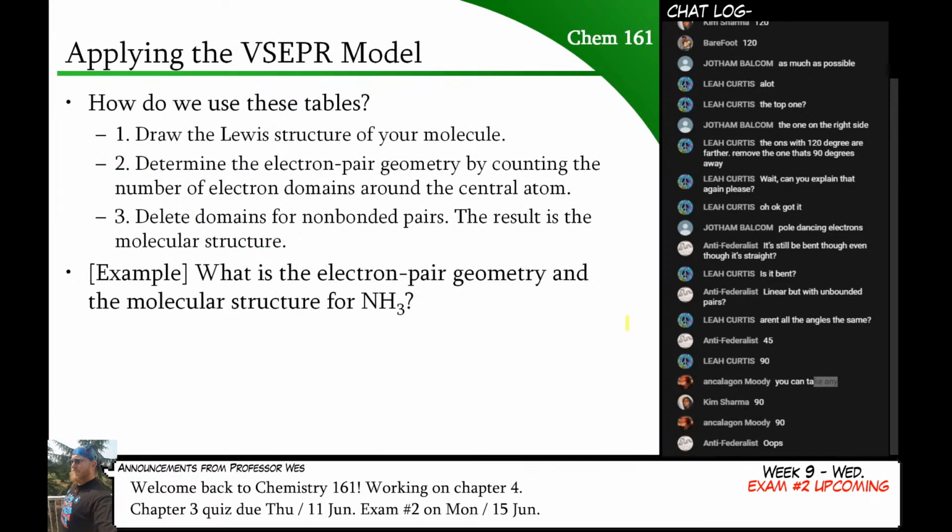All right, so let's do some examples here. So ammonia is really simple. Draw the structure for ammonia real quick. I'll give you a minute to do it. And what I want you to do is assign an electron pair geometry and then a molecular structure for ammonia. I think the hardest part of using this table is actually remembering the terms. Electron pair geometry is just the category, and molecular structure is the specific member of that category. So go ahead and do that. We'll go over the answer in just a second.